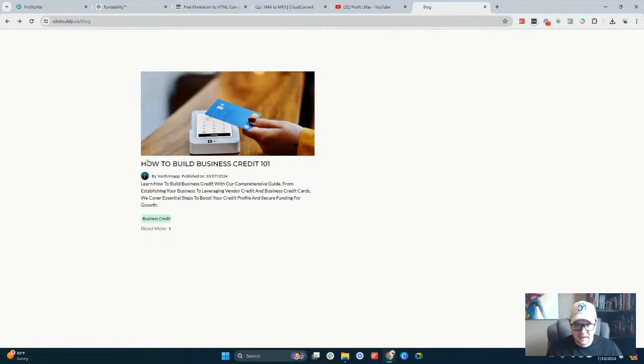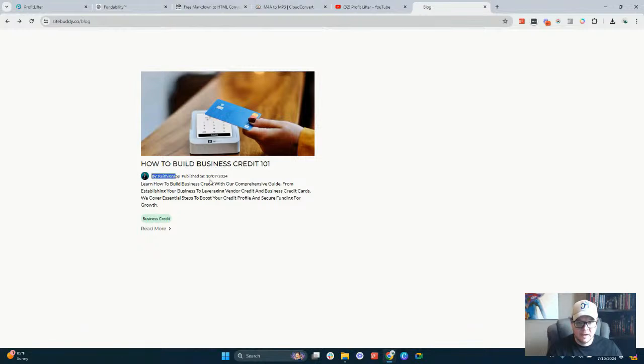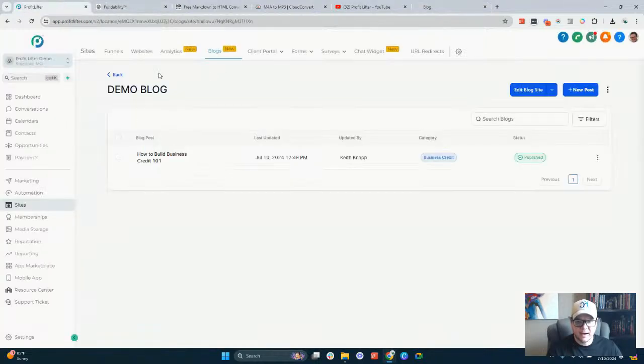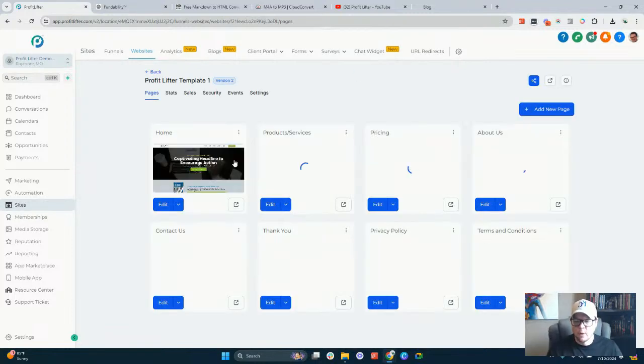So you see some of the functions that we worked on earlier. You can see that it puts it in the business credit category. The snippet that we made at the beginning is published right down there. Author name and date it's published looks really good. Looks really clean there. Now, the next thing I want to do is show you where this becomes effective,